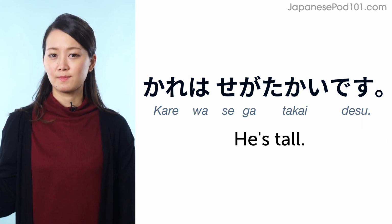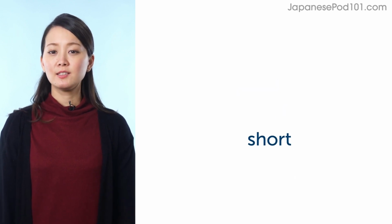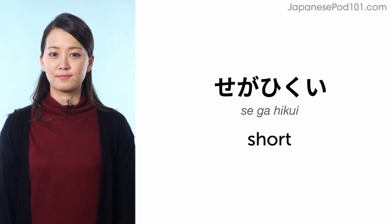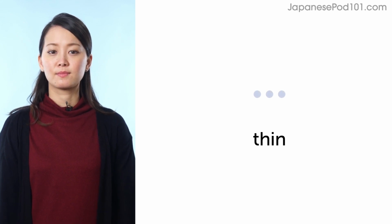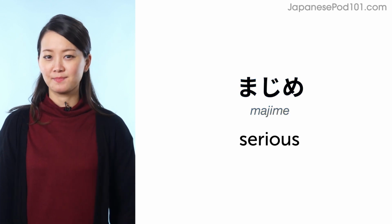彼は背が高いです。Do you remember how to say young? 若い。And how to say short? 背が低い。Do you remember how to say thin? 細い。And how to say serious? 真面目。